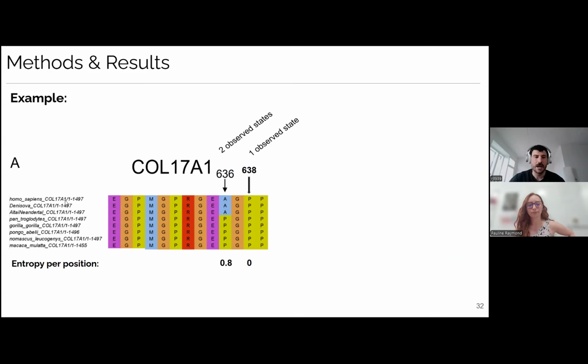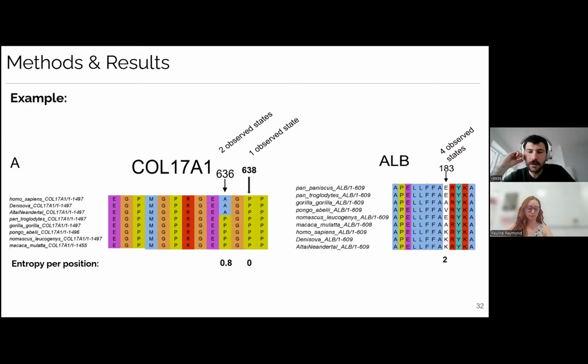It is a bit confusing. Here I have an alignment of different species and groups close to humans. So every row here is the protein from a different species aligned with the other ones. And then we can see for a position like that one, 636 for collagen 17A1, some species have an A, whereas other species have a P. So this position has some entropy, has some information, and thus gets an entropy score of 0.8. Whereas other positions, like this 638, or many of the other positions in this alignment, actually have no diversity in their alignment. It has no information, and thus has an entropy of 0.